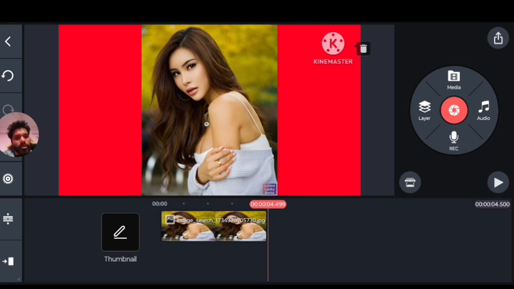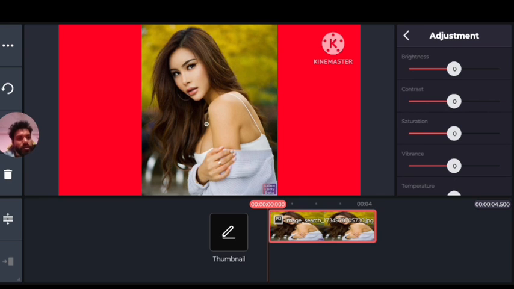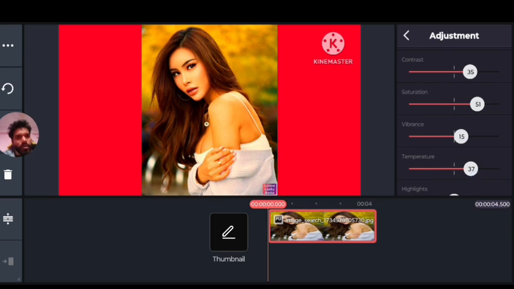You will click this layer and click on adjustment and click on brightness level, then click on contrast, and contrast will make your photo much more impressive. Then click on saturation, then click on vibrance, then click on temperature,